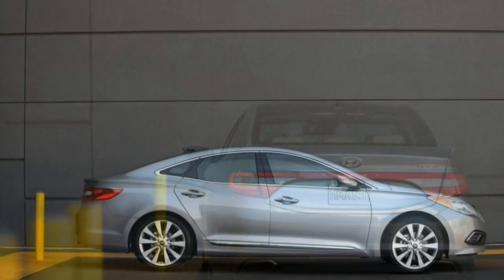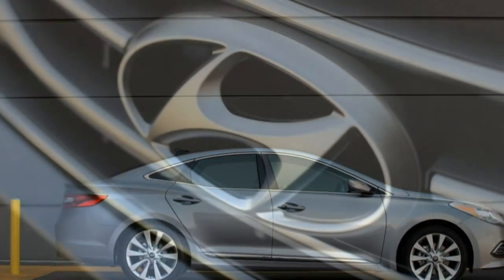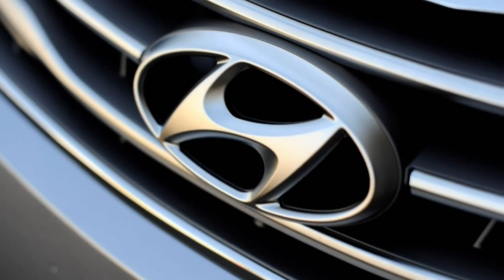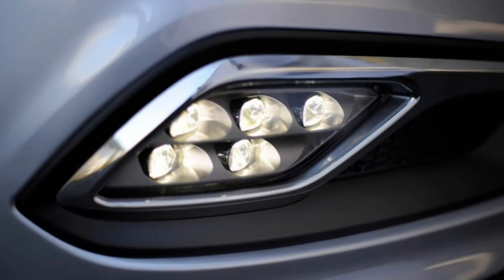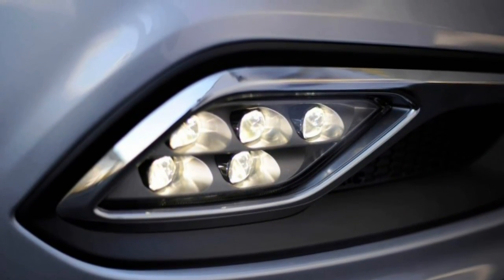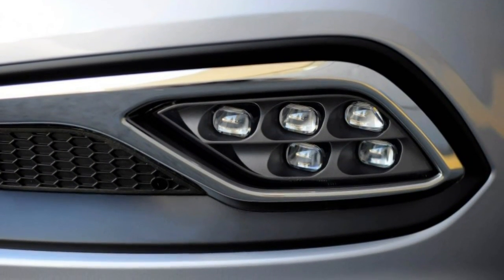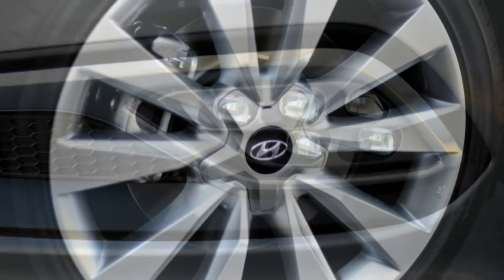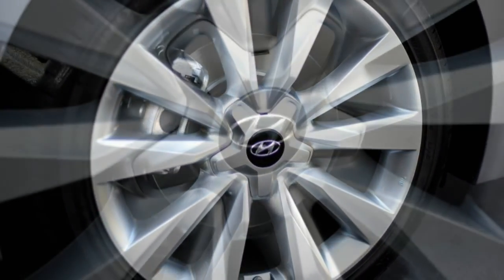Our Azera Limited's 19-inch wheels and lower-profile tires don't do the ride quality any favors. The standard 18-inch setup may prove to be a little more forgiving. Since our last test of an Azera, the electrically assisted power steering has been upgraded with new hardware and recalibrated to reduce effort. We definitely prefer the new lighter setup, but it still offers nothing in the way of road